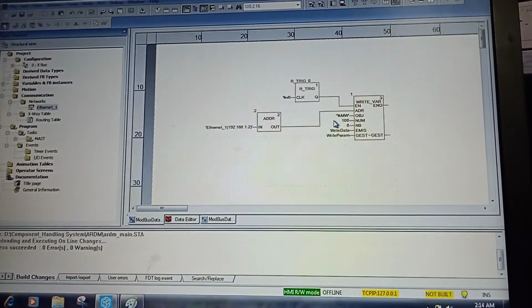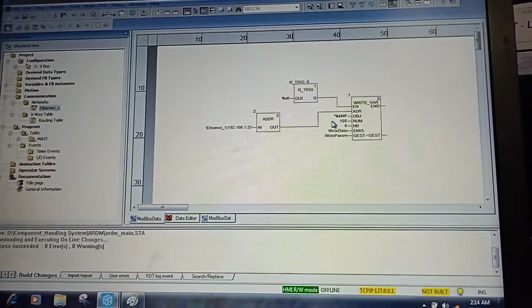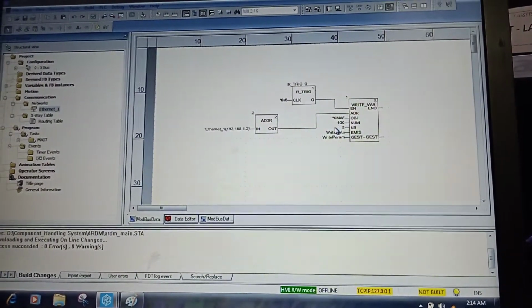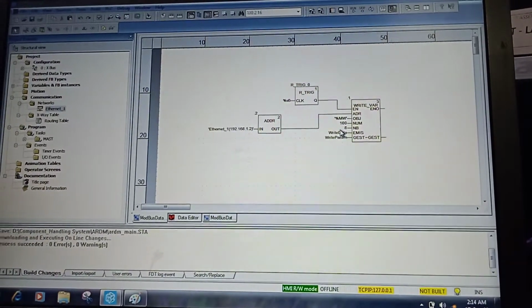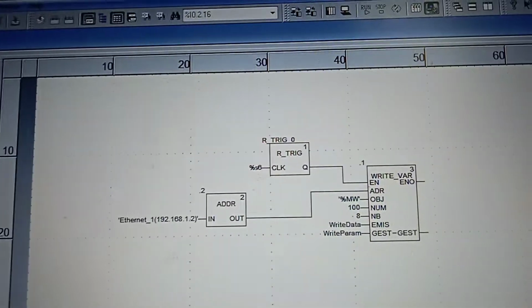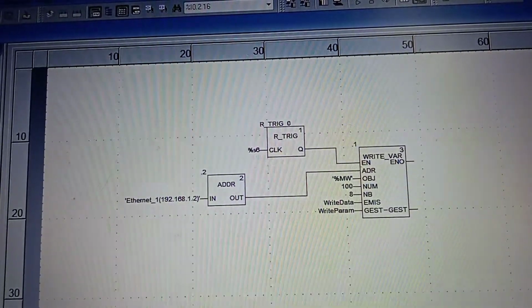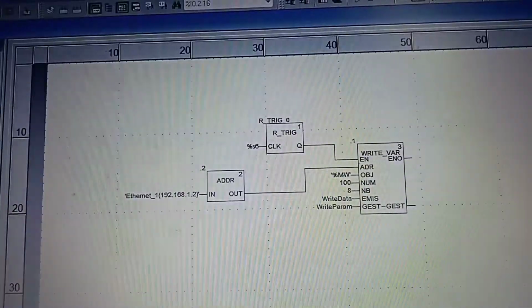That means this is a standard syntax, so it will go to the 4x register, and this is the starting number 100, and the array size will be 8. So that means if I write this, what should be the register address where the value will be written?